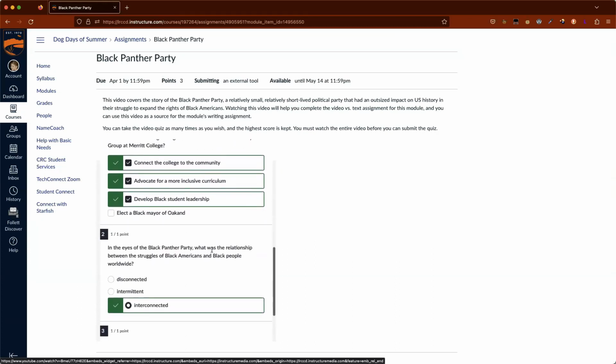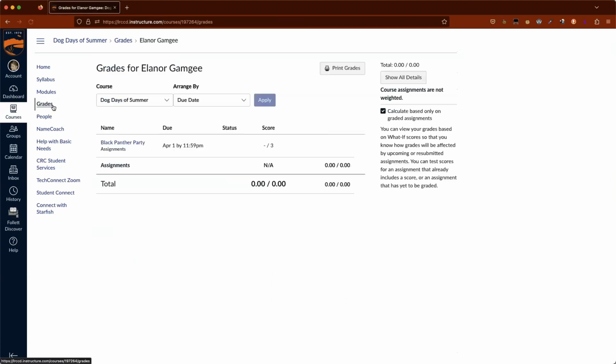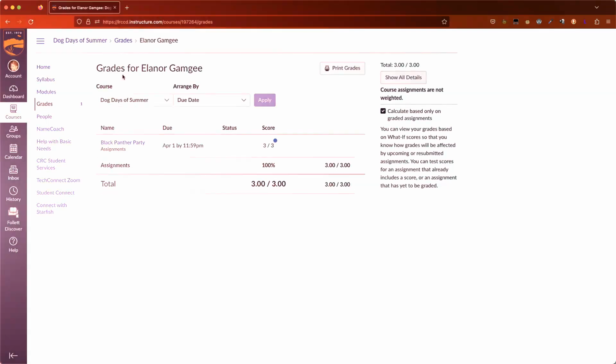It's not instantaneous on the Canvas gradebook because you don't see I have a grades icon here yet, but if I select grades, right, it's not yet there. I'll probably have to refresh. It should be there, and there it is. It took a few seconds for that grade to be posted through. I got 3 out of 3. So I'm going to switch next to the app and see what that looks like.